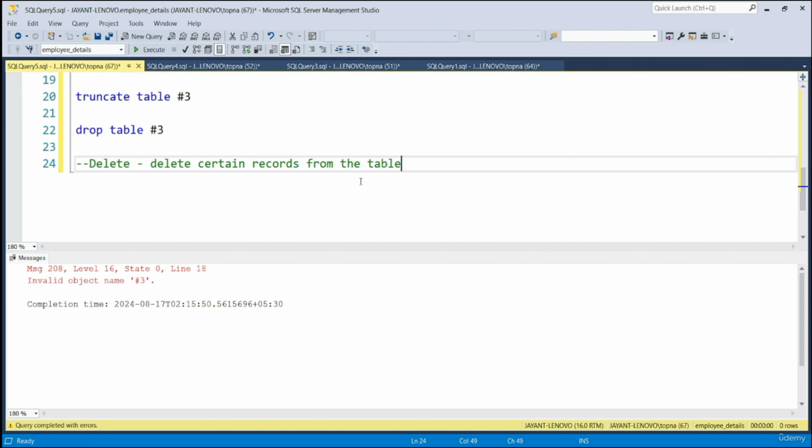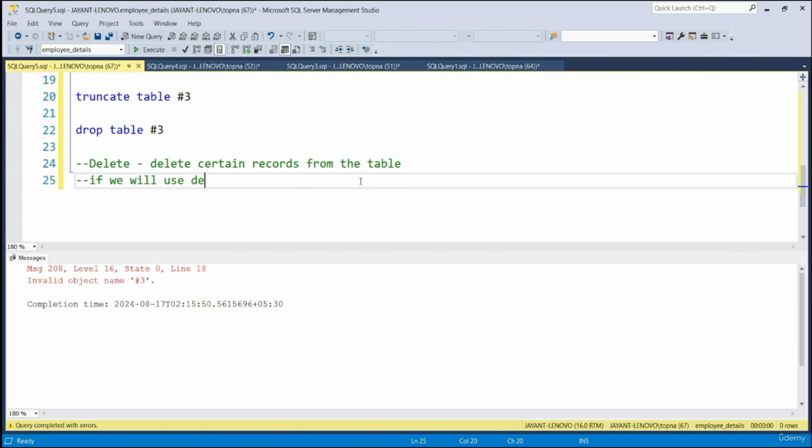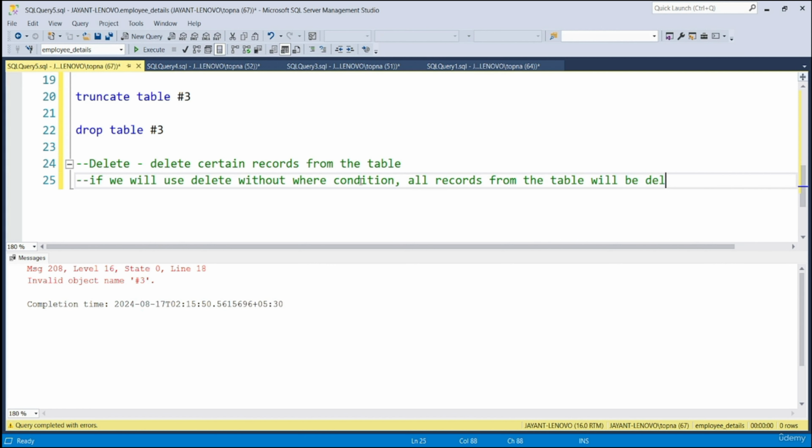But when we use delete without a where condition, all records from the table will be deleted, but the table structure remains intact.